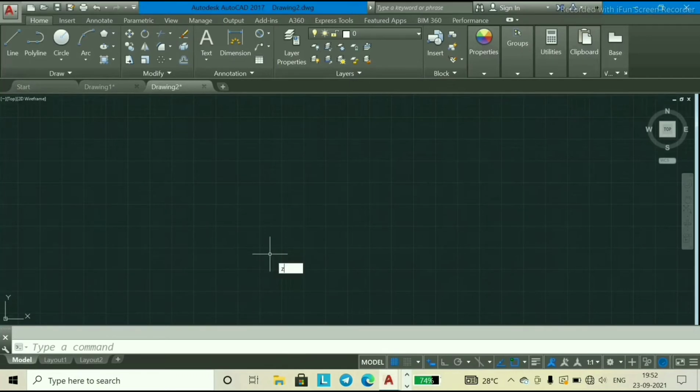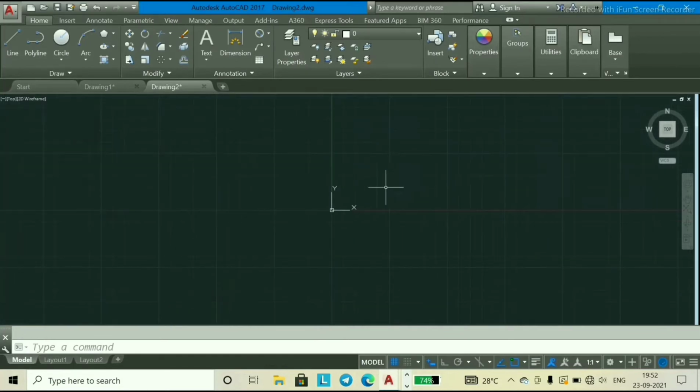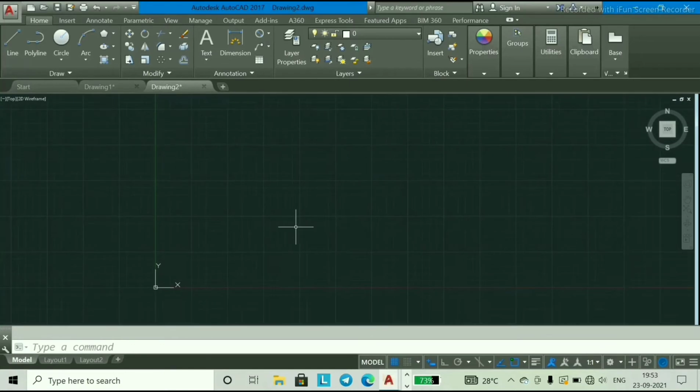Now enter Z, enter A, enter. Z means zoom and A means all, so that you can easily zoom in and zoom out the graphics area of AutoCAD 2017 English version.